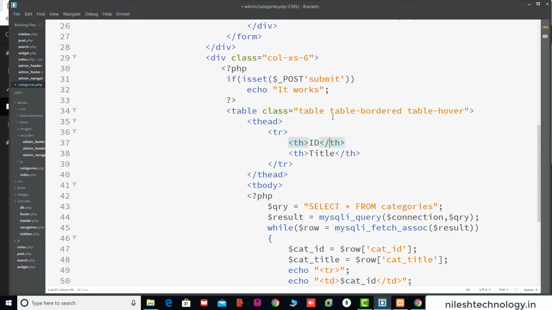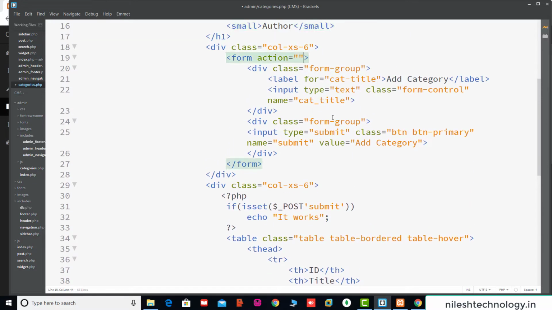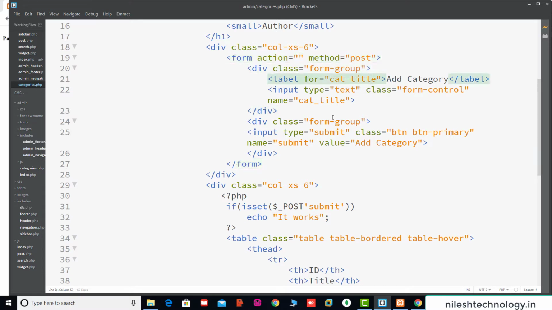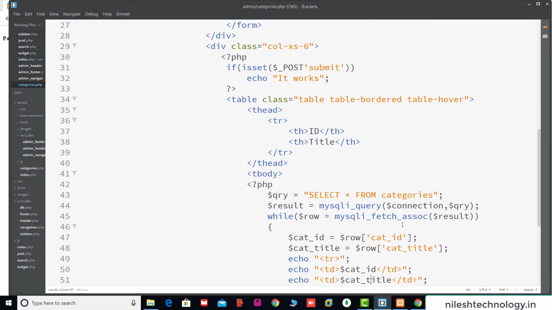In this form we give one method, that is method equal to post. Save. Okay, so if you click on this submit button, then it goes to this script.